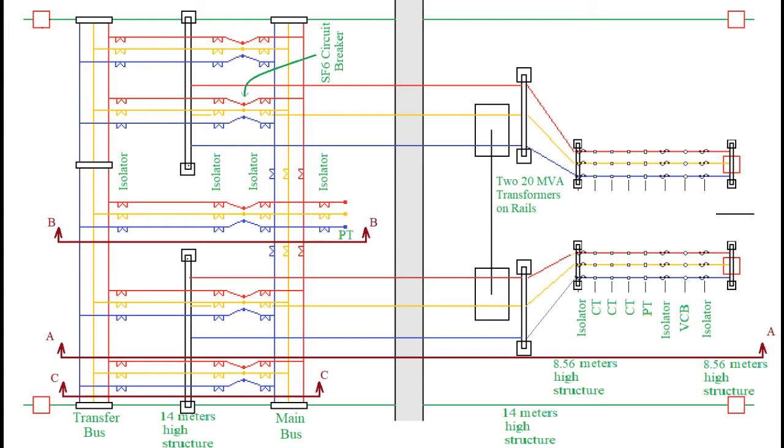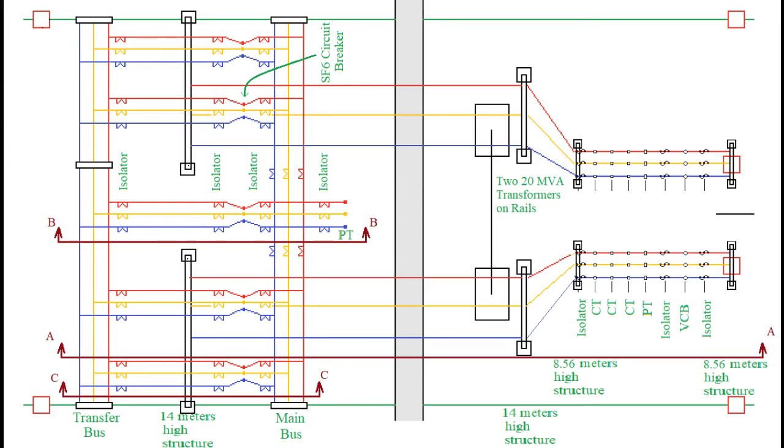The next component of the 132 kV line of this layout switchyard is the circuit breaker. We may identify 5 circuit breakers on the layout drawings, but the second and fourth circuit breakers' load is evident from this layout. These circuit breakers are connected to the 20 MVA transformers.